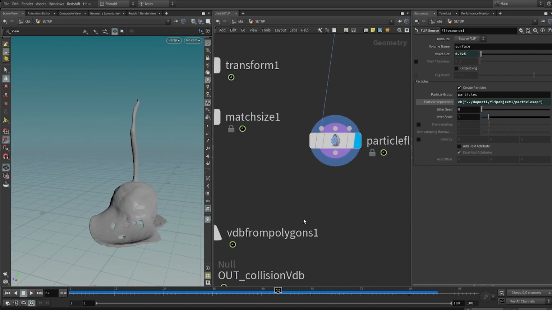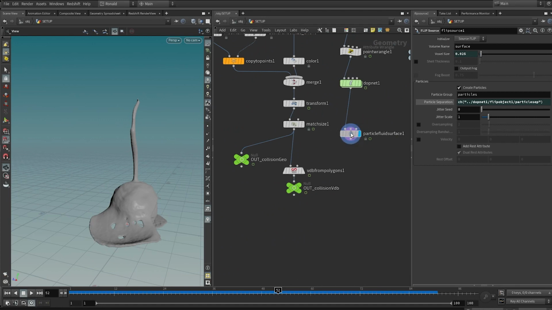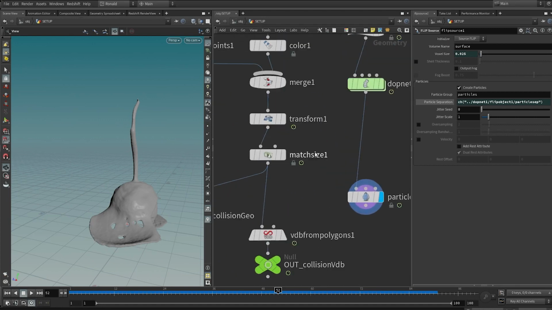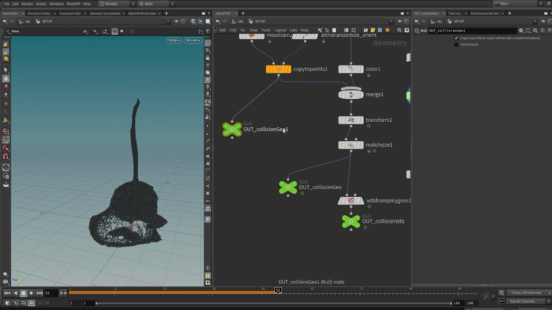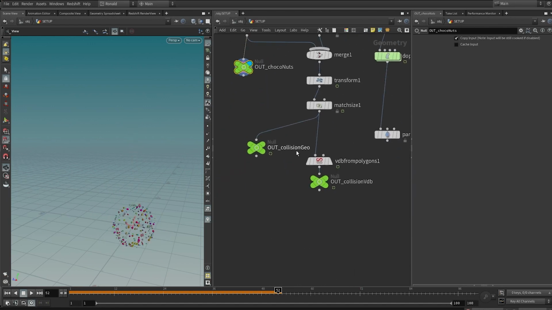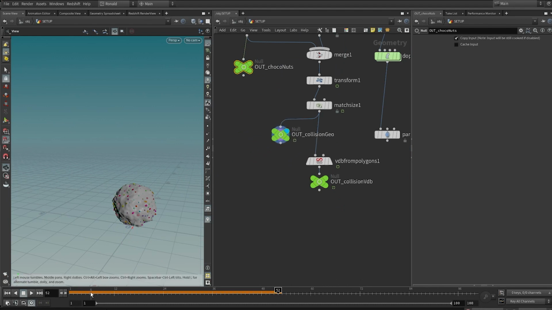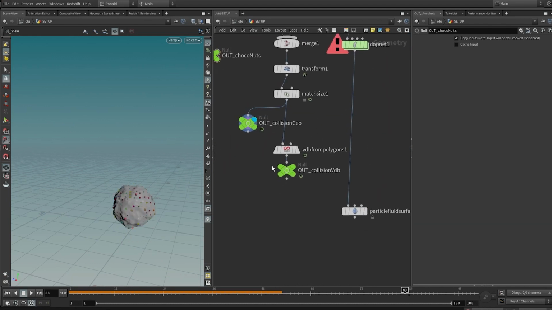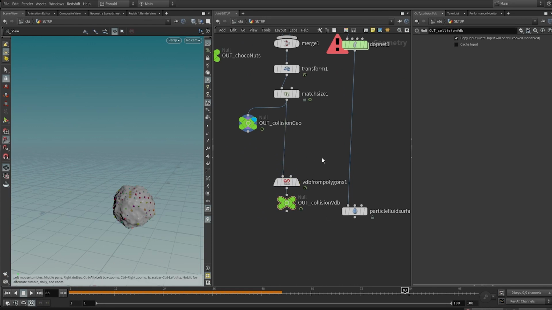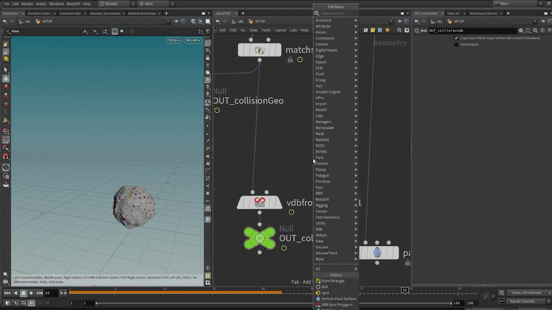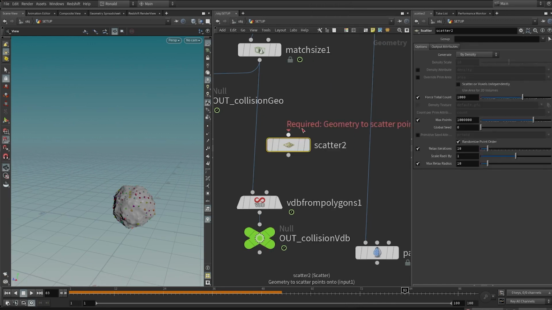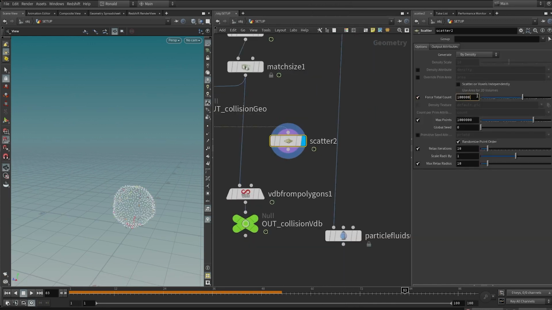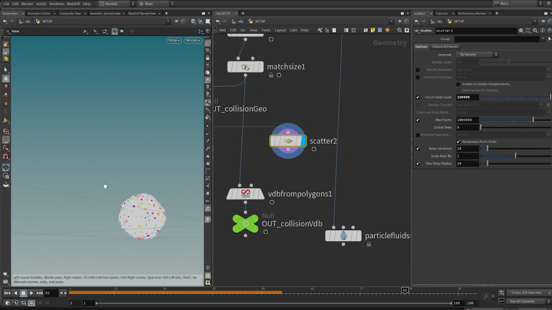Okay, I'm happy with this result, and I'm just gonna do some geometry trickery over here. Over here I have the chocolate nuts, choco nuts. And then over here I have my static chocolate surface, right? Before creating the particle fluid surface, I can actually combine my static geometry with my simulated chocolate, right? So all I need to do is to drop down a scatter node and scatter 100,000 points all on my